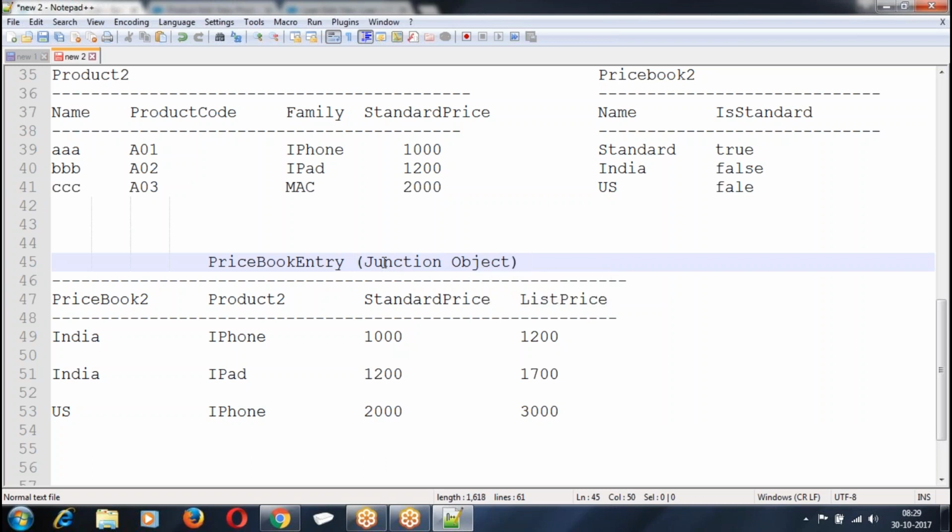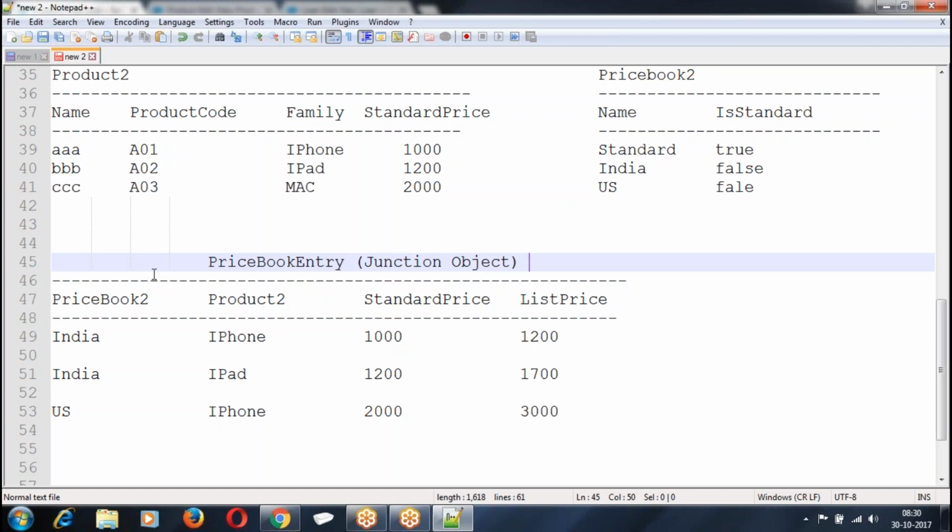Now, if you want to add any extra fields, can you add them? Yes. How can you add them? Setup, build, customize, we can add. If you want to modify any properties, setup, build, customize, object, fields, you can modify, except the data type. If you want to change the label names, yes, setup, build, customize, tabs and label names. So already existing CRM objects are there, product and price book entry. If you want to store the information, you can do it. Otherwise, if you want to modify, you can modify.